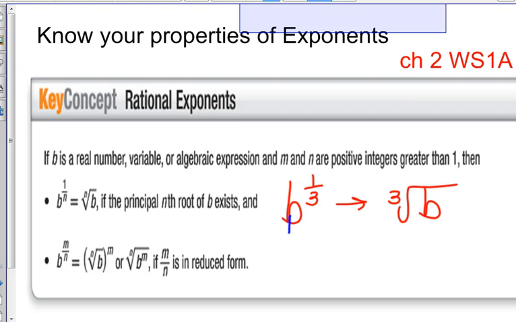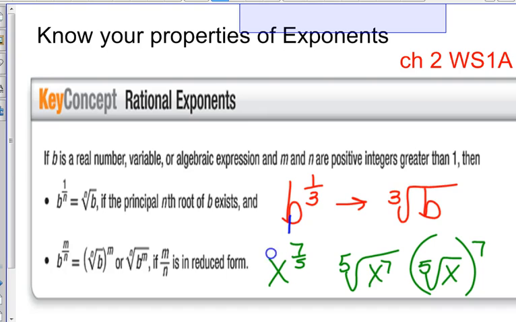Let me do one more example. If I had x to the 7/5 or something really disgusting, that is the same as the 5th root of x to the 7th, or I can write it the 5th root of x all to the 7th. It just means when you had something like this,